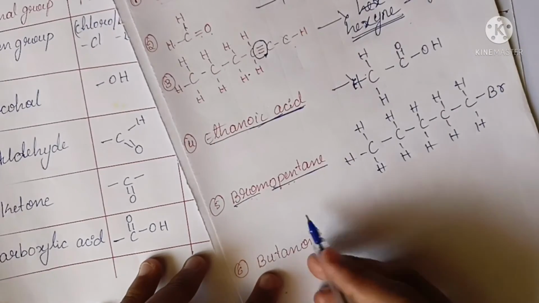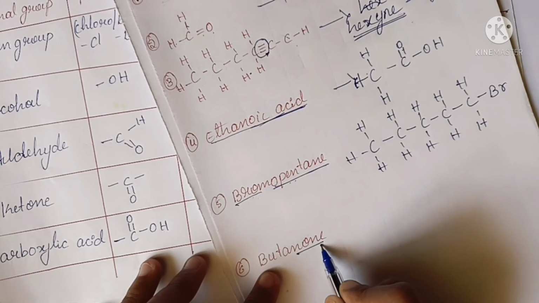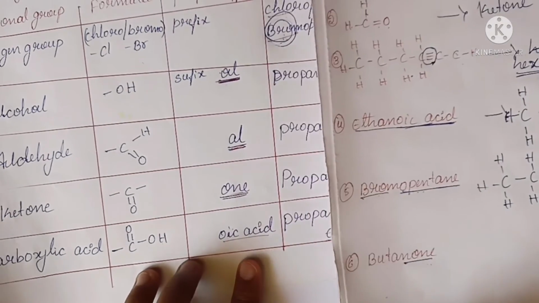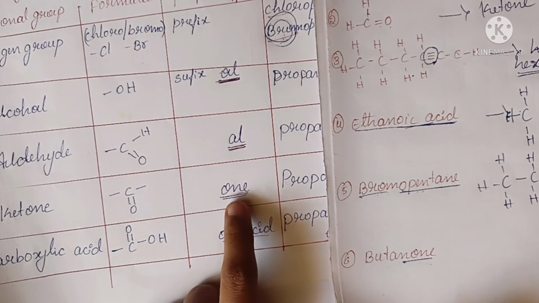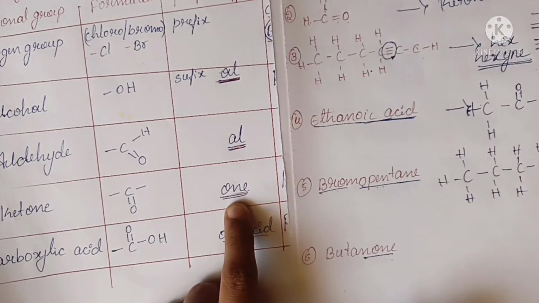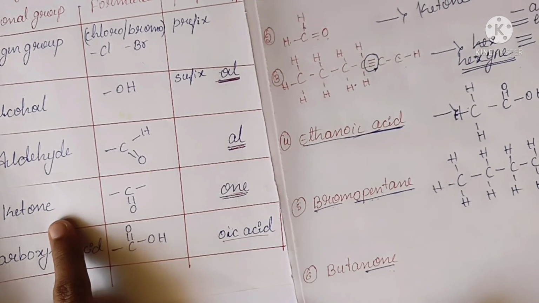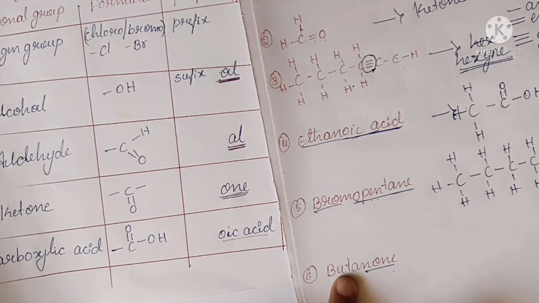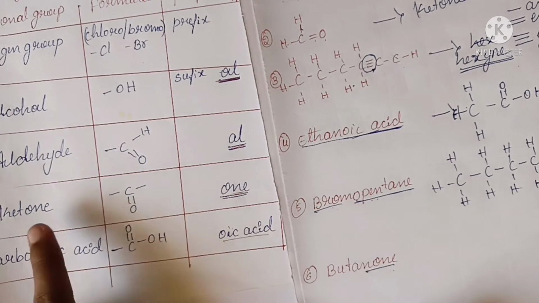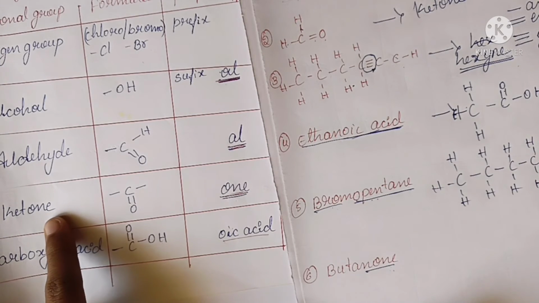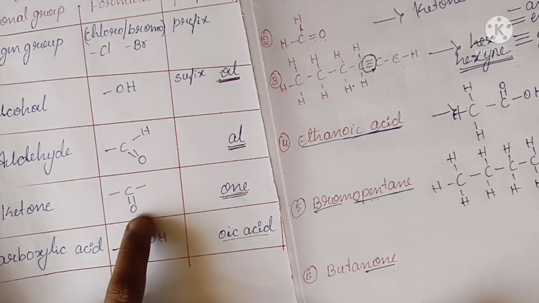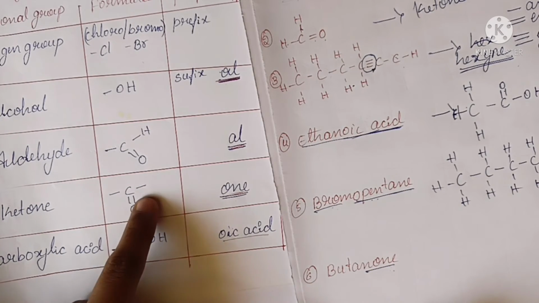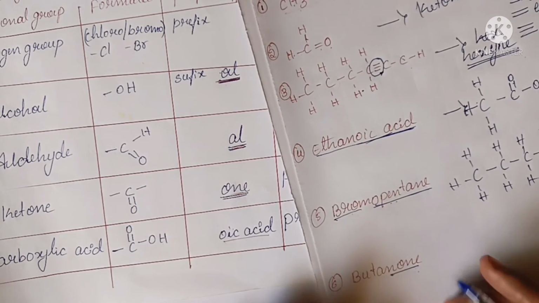Okay, so "one" shows here that it is bonded with the functional group. For which one are we going to call it "one"? See here, that is "one". So "one", that is the ketone group. We know that butane in the sense 4 carbon, "one" in the sense attached with a carbonyl, sorry, ketone group. Ketone formula we know, C double bond O. So how to mention it? First write